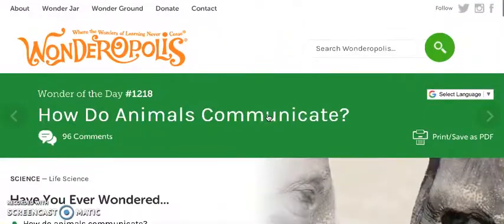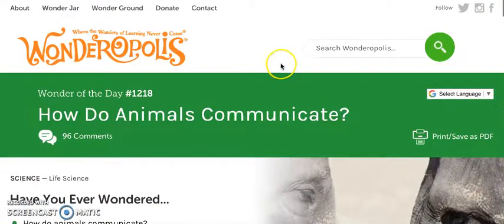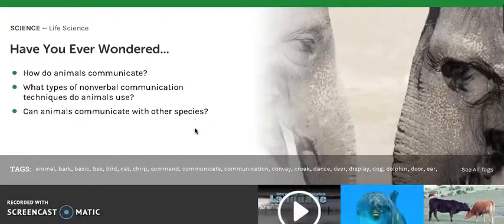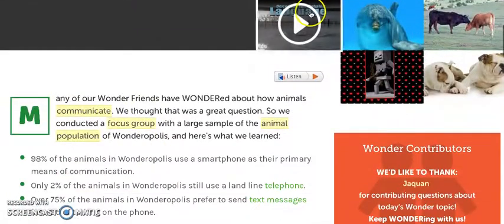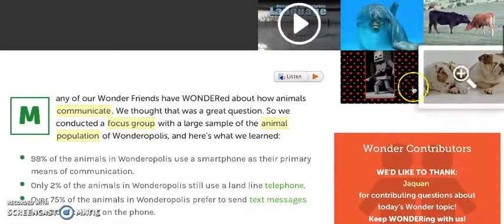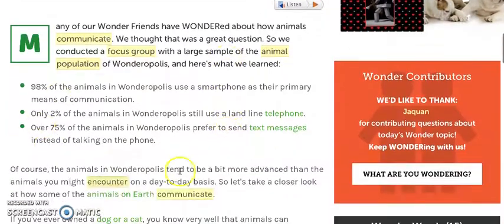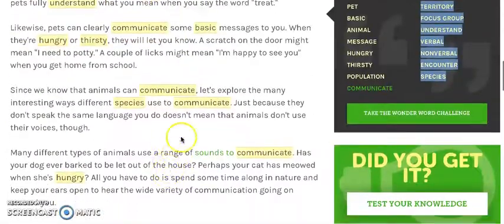if I were teaching a lesson about communication, I would follow the three-phase internet reciprocal teaching. I would teach them what communication is. With their group, they would come up with a focus question. What do they want to know about communication? Anything related to communication. So this is just, for example, how do animals communicate? So I type my question in. I'm going to watch a video. I'm going to look at pictures. I'm going to read all about communication